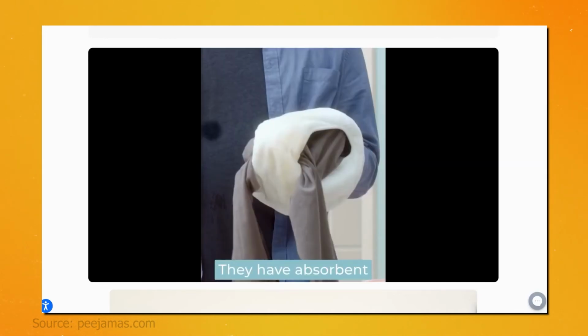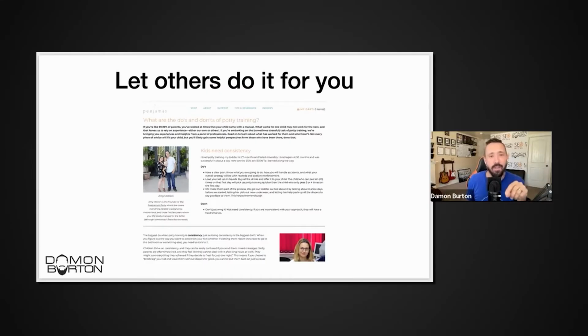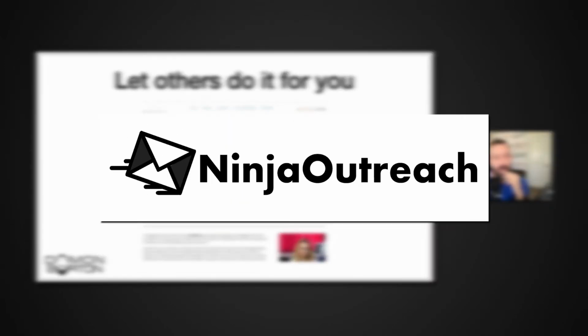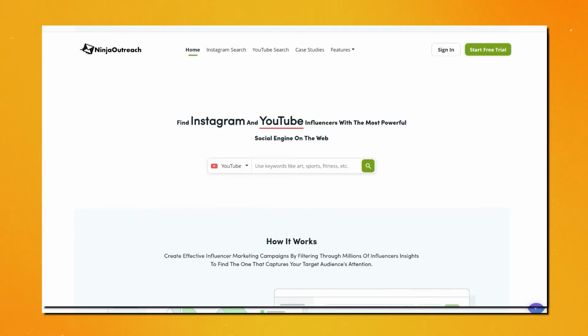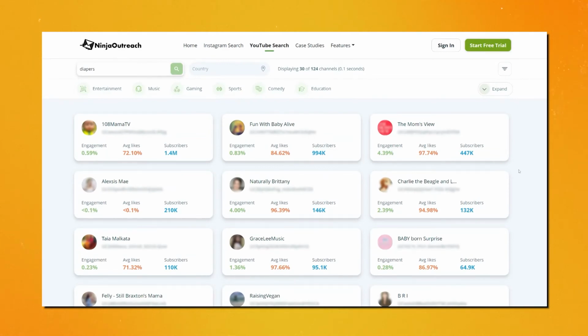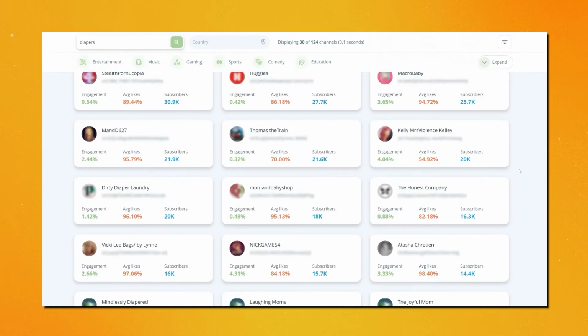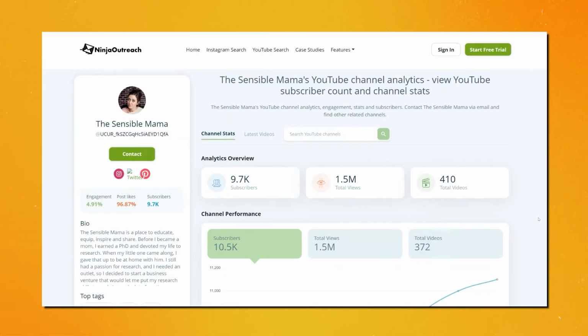So we had to educate the audience, but then we were also able to double down, kind of double dip in getting backlinks. Now, the way we did that, reach out to your audience, or you can use tools like ninjaoutreach.com. There's a bunch of other tools that you can search up, like outreach software. In this case, we might search diapers. And what it's going to do is go find other people that have websites or blogs about that keyword. So go type in whatever you sell, find people that already talk about that, or people that already have a reach, or influencers in that market.